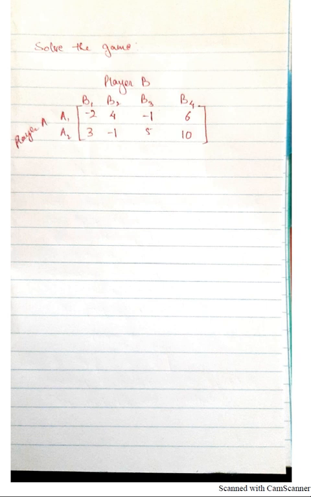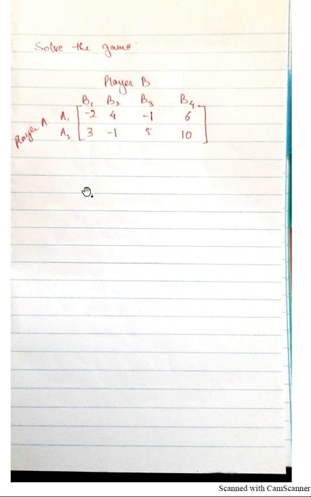Now let us move on to another question that you will solve yourself. Solve the game. Player A, the strategies are A1, A2. Player B, the strategies are B1, B2, B3 and B4. So keep in mind how you proceed. Refer to the examples I have discussed before to proceed with the sum. Always keep in mind, the higher the values in the payoff matrix, the higher will be the payoff for player A. The lower the values in the payoff matrix, the higher will be the payoff for player B.